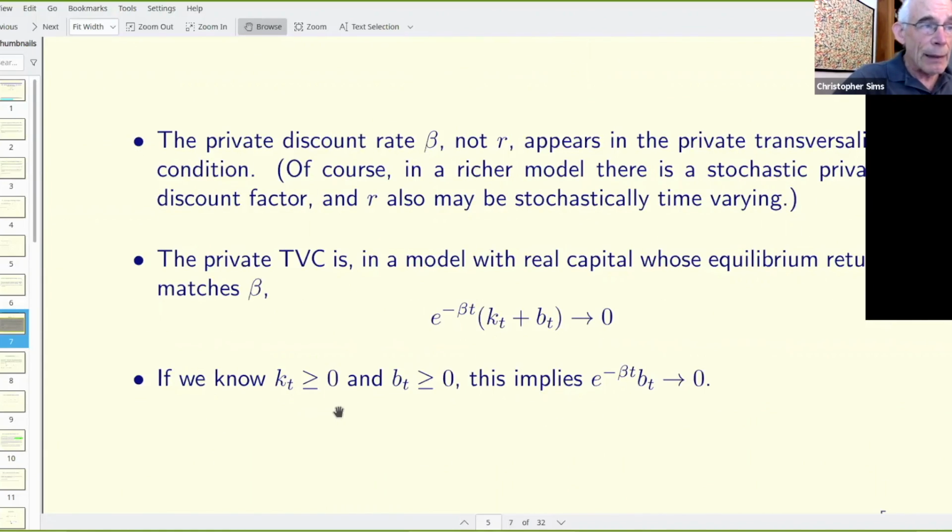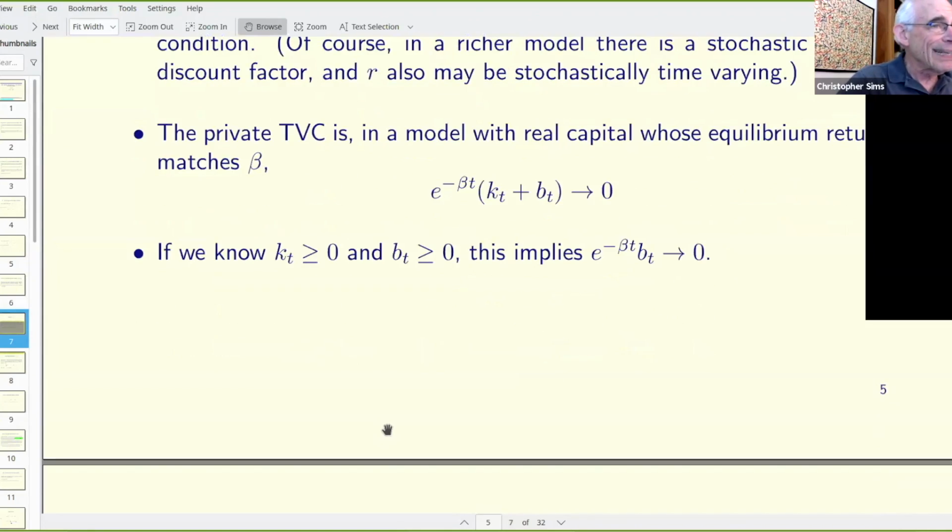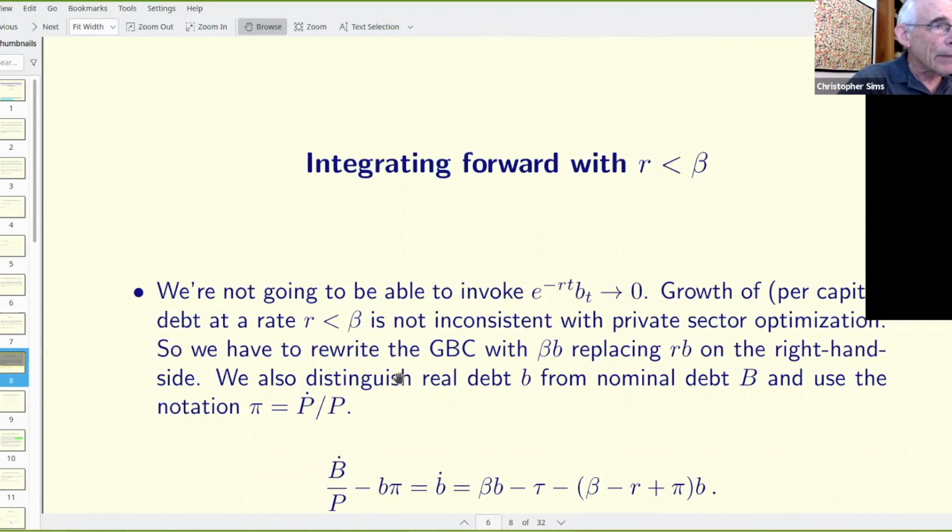If we know both K and B are necessarily positive, in other words, there's a borrowing constraint and real capital can't be negative, then this transversality condition implies e to the minus beta t bt goes to 0. But we're interested in the case where beta exceeds R. And so this condition puts stronger constraints on B than the e to the minus RT BT condition. In order to use that optimality condition to derive something like